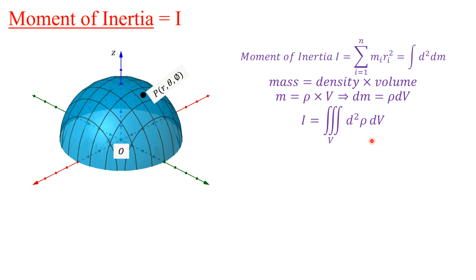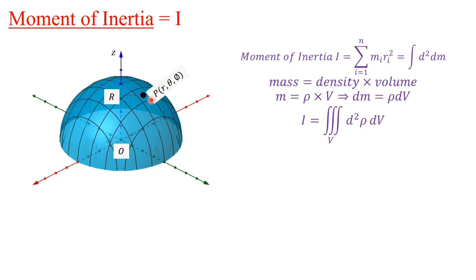Let us take any point in this sphere, P(r, theta, phi). This point may lie anywhere in the sphere or on the sphere. Now we have to find its distance from the z-axis. So let us take its projection. We have to find this distance. Let us call the projection of point P on the z-axis R. So we have to find this length PR.